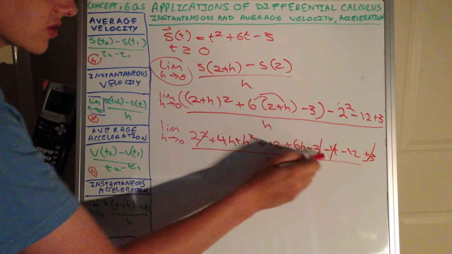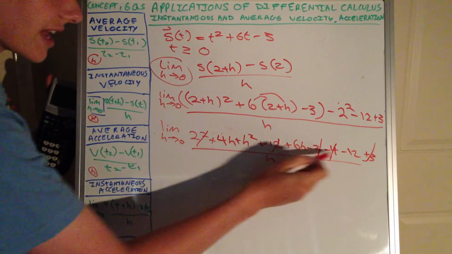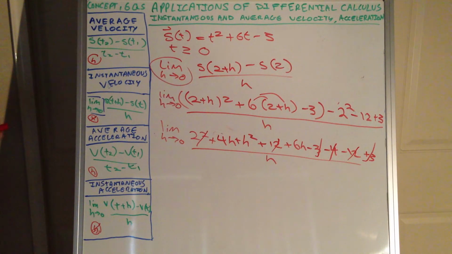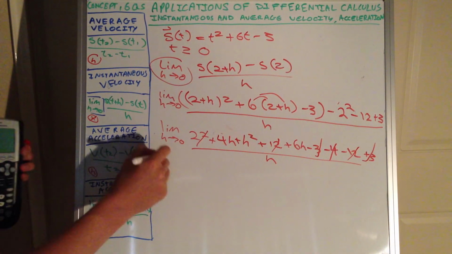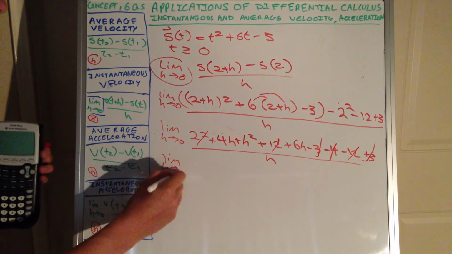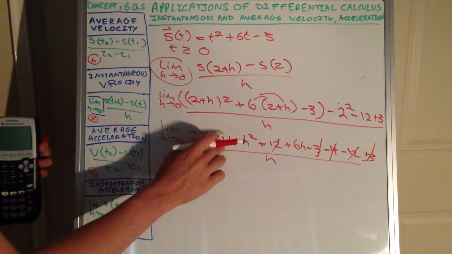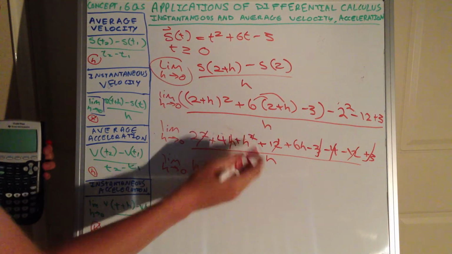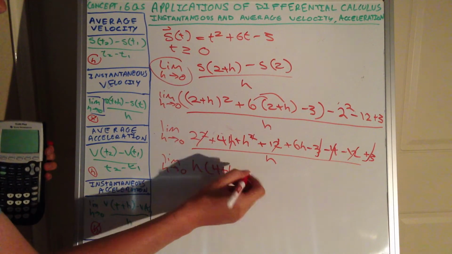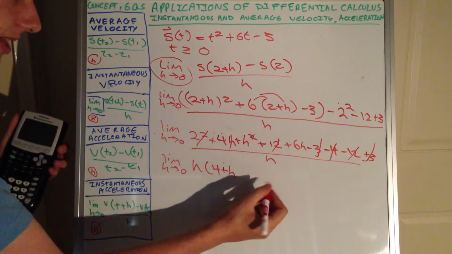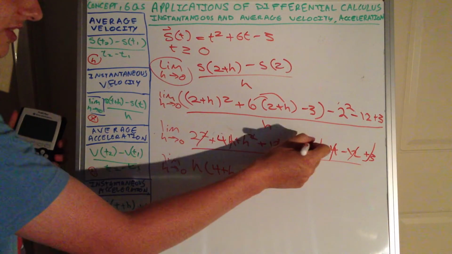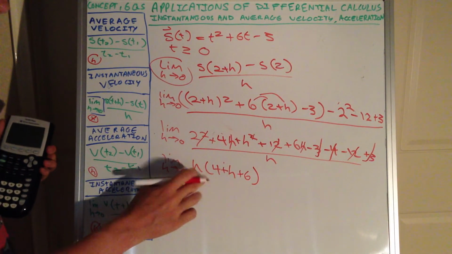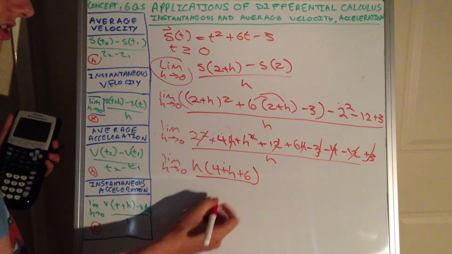So cancel out the 2 3's there, and we can cancel out 4 and 2 squared, and we can cancel out the 12. So what we're left with is all the values left with h, so we know we've done it correctly because it is a first principles concept. Then we write h out the front, so we have 4 there, and just plus h there, and then we have plus 6h, so it's just plus 6, because the h has gone out the front as a common term between all the remaining terms,